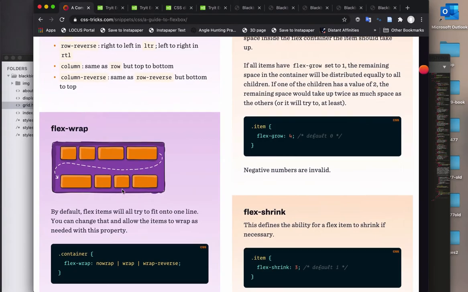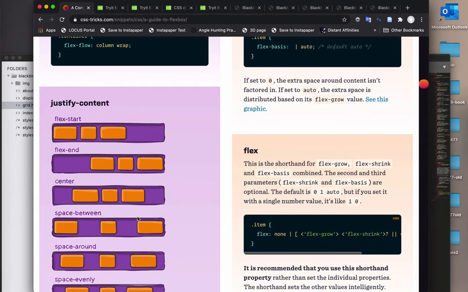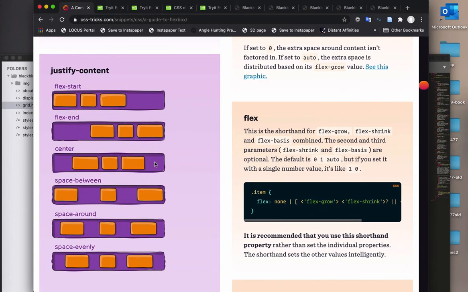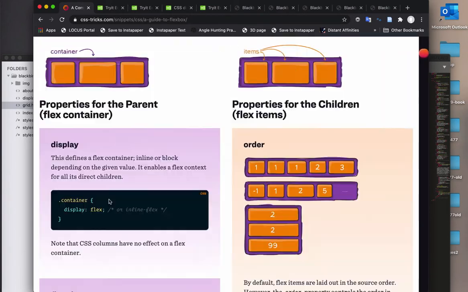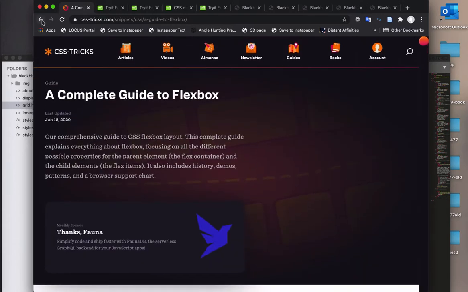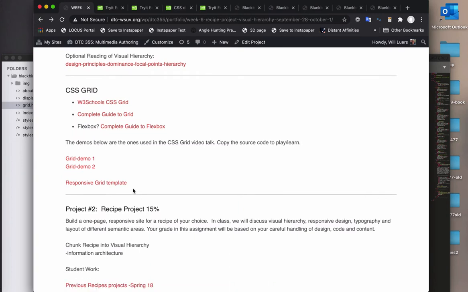I'm pointing out Flexbox because there are, for example, this justify content. If you say center, you can center items very easily. And you can combine flex with grid, no problem. So I will be returning just a little bit to Flexbox, but this is a reference just in case you're interested. Okay, so